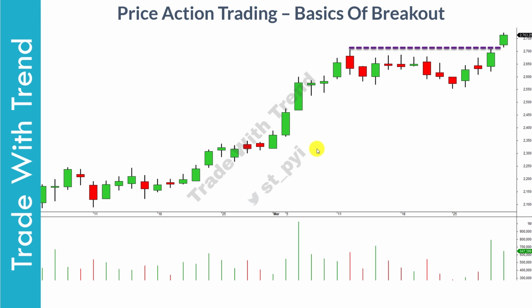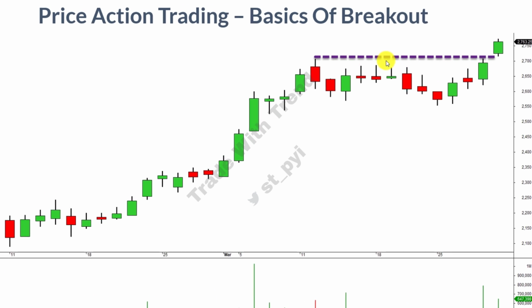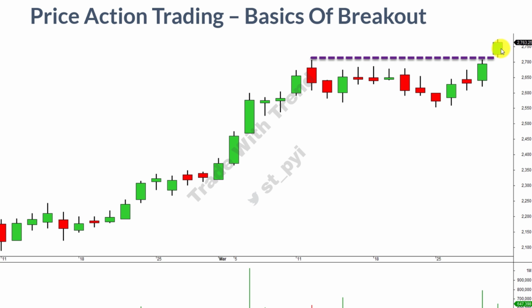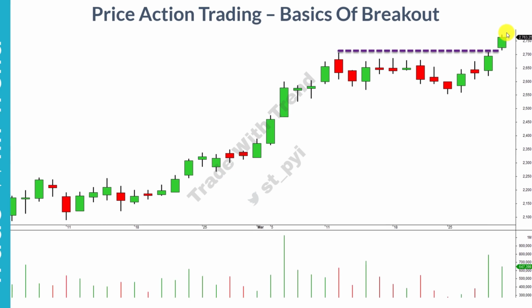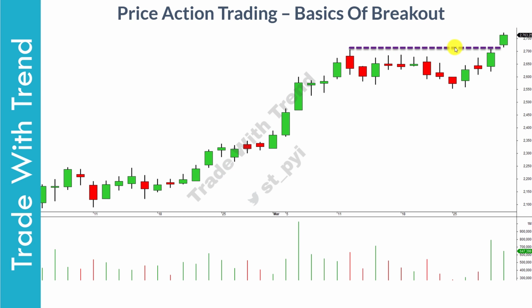So a breakout on a chart can happen in the form of a simple trending structure, that is higher high and higher low, or the most common breakout structure is when price goes in a range and then finally you see it moving out of the range. In this region, if you see, this is a range formed over a period of 10 days, and then you see a candle forming outside this resistance region, that is typically marked by the high end of the range, and then price moves higher.